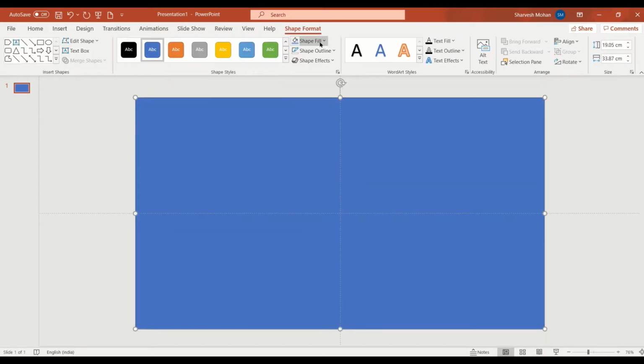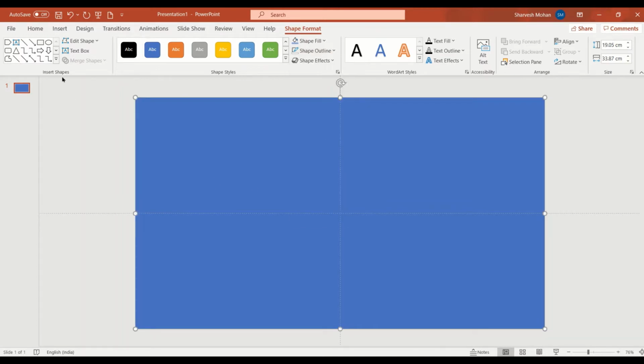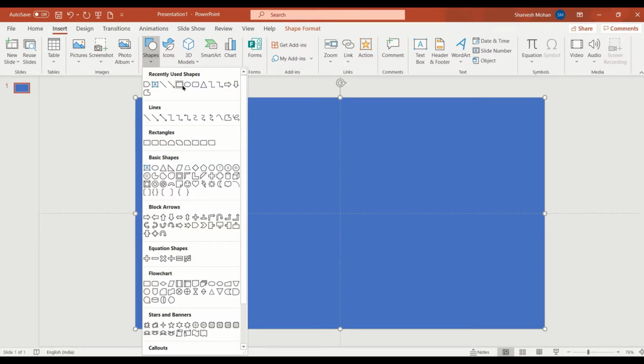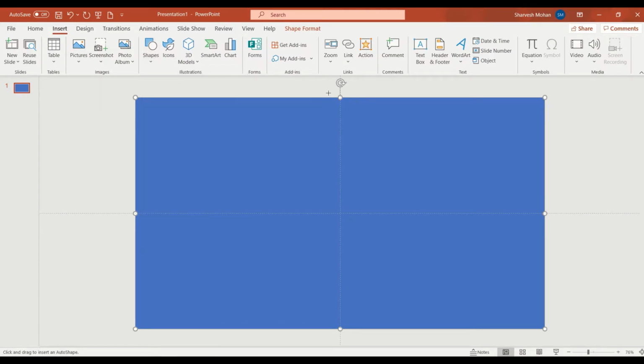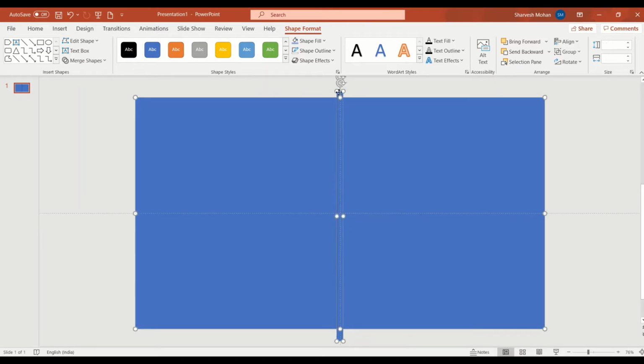Go to shape fill, shape outline, no outline, and again go to Insert, Shapes, the same rectangle, and we'll draw a small rectangle in the center. To align, just click both the shapes and go to Align Center.